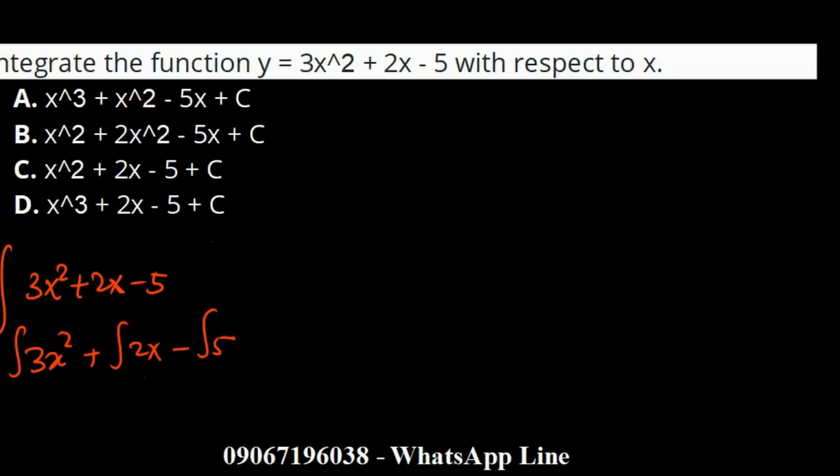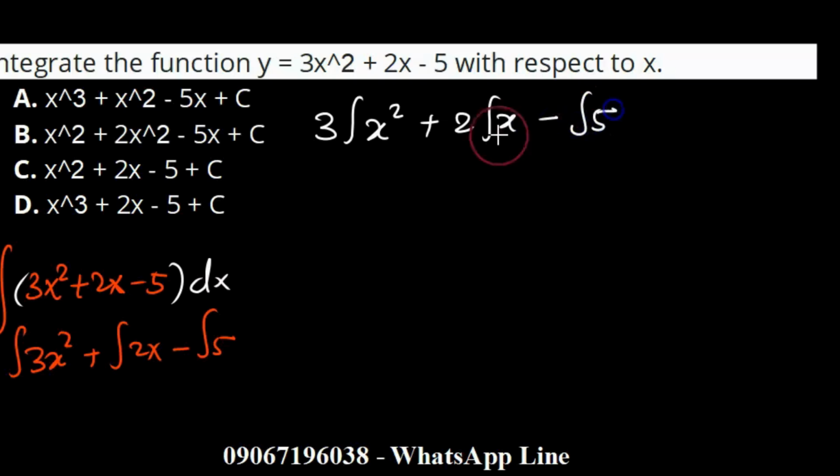Now if you solve this question, this is how you can break this down. Remember that there's the x here. So the integral of all of these is going to become 3 times the integral of x squared, plus 2 times the integral of x, minus the integral of 5. Now if you integrate x squared, that's going to give you 3 into